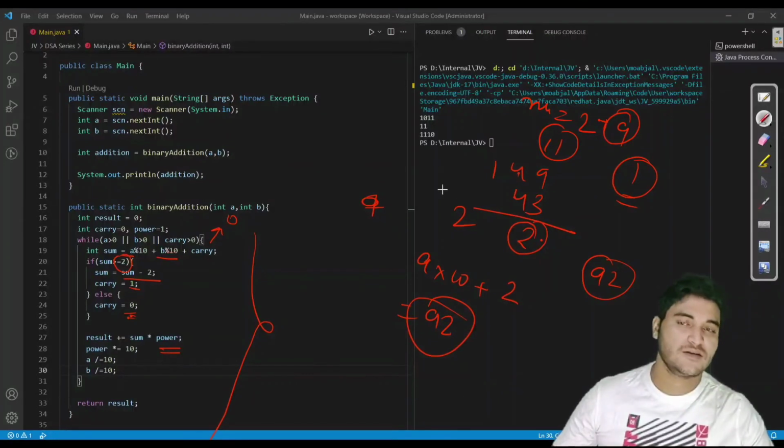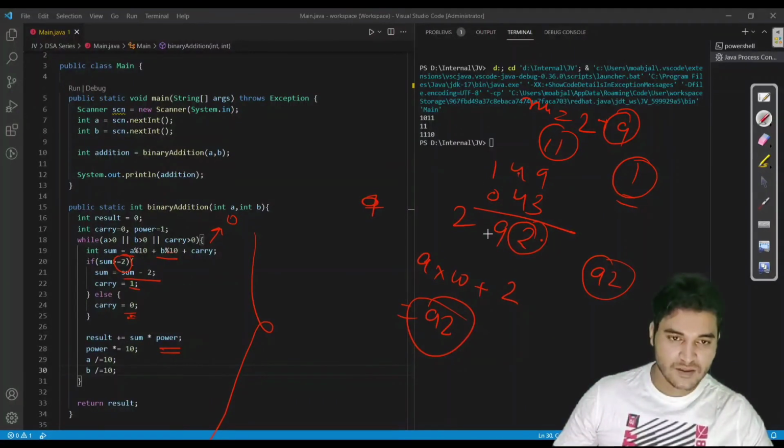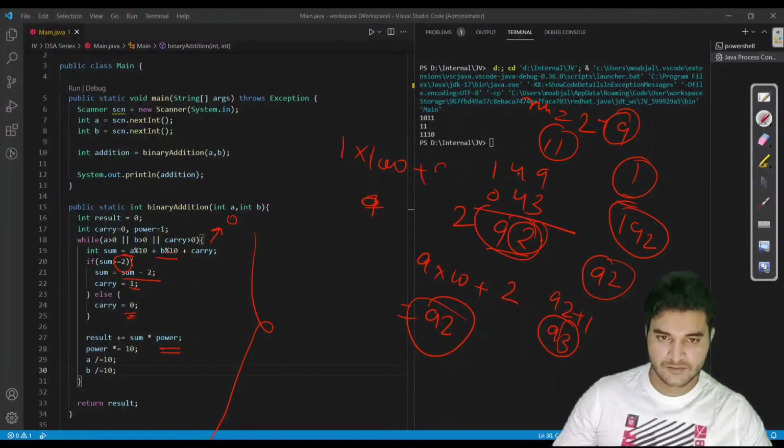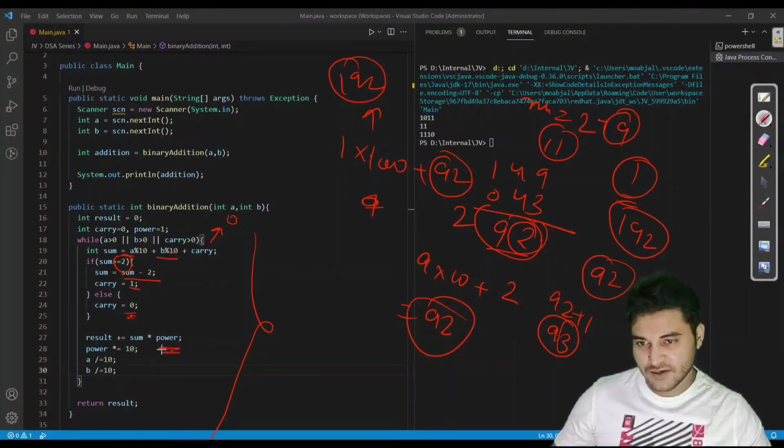I have already explained this in my previous video, so you have to watch the previous video to get a clear understanding of this, but I have given an oral idea about it. So we would get 9 here, and here is 0, so 1 plus 0 is 1, and we do not have any carry. Now if we directly add 92 plus 1, then we would get 93. But what we have to get is 192. So we would multiply 1 with 100 and then add this 92. Then only we would get 192. That is the logic that I have written here: we are multiplying the power with the digit and then adding the remaining result.